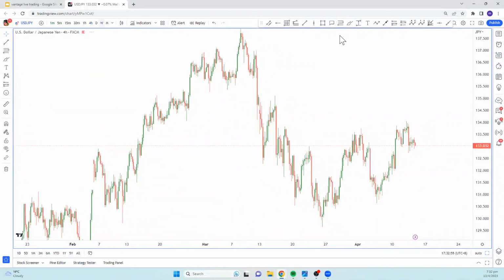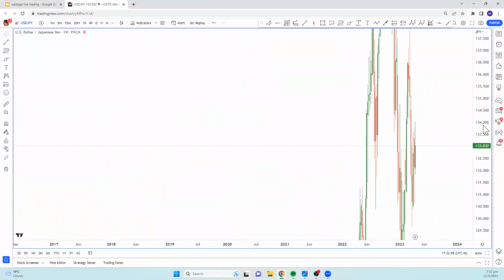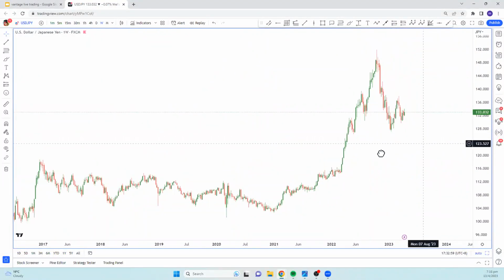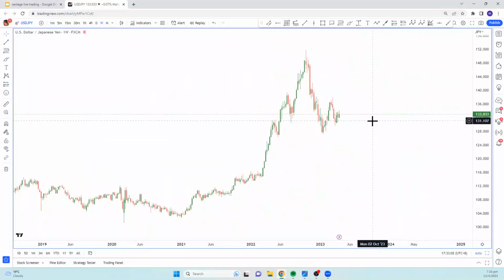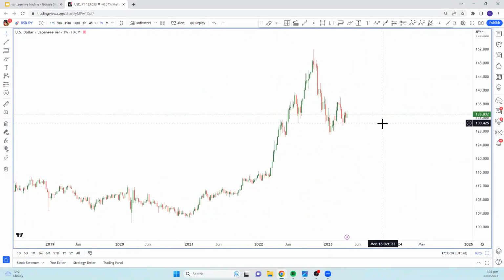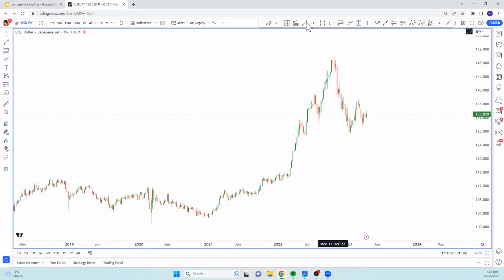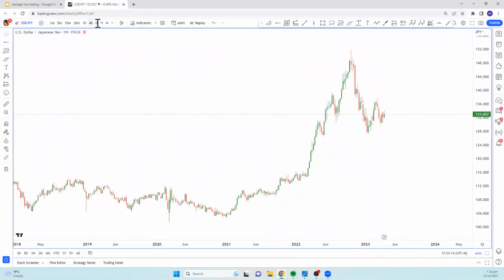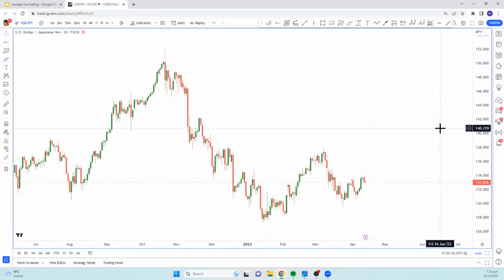Okay, let's take a look at the weekly time frame for dollar yen. Okay, we can kind of see price fluctuating a bit over here. We have an overlap resistance level here. Now on our daily time frame,